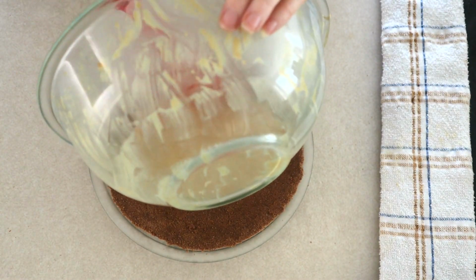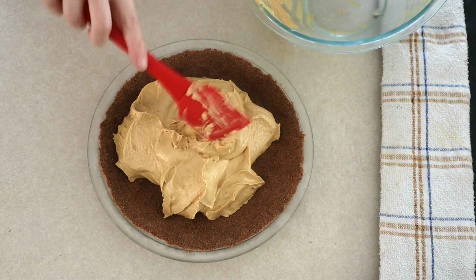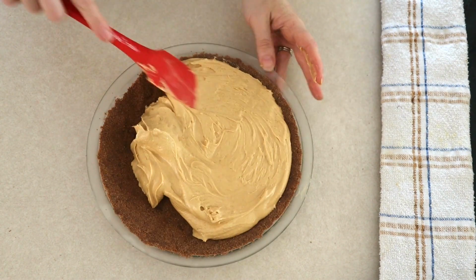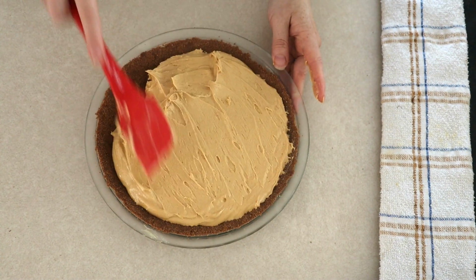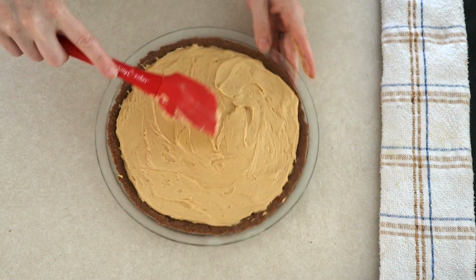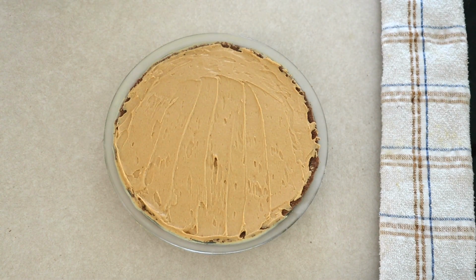Make sure that it has been in the freezer for at least 10 minutes. You want it to be nice and firm when you're putting the filling in there. Scoop your peanut butter mixture into the crust and use a spatula to spread it evenly throughout the crust. Make sure that you keep the top nice and smooth. Once the filling's been spread, place the pie back into your freezer and keep it in your freezer while we